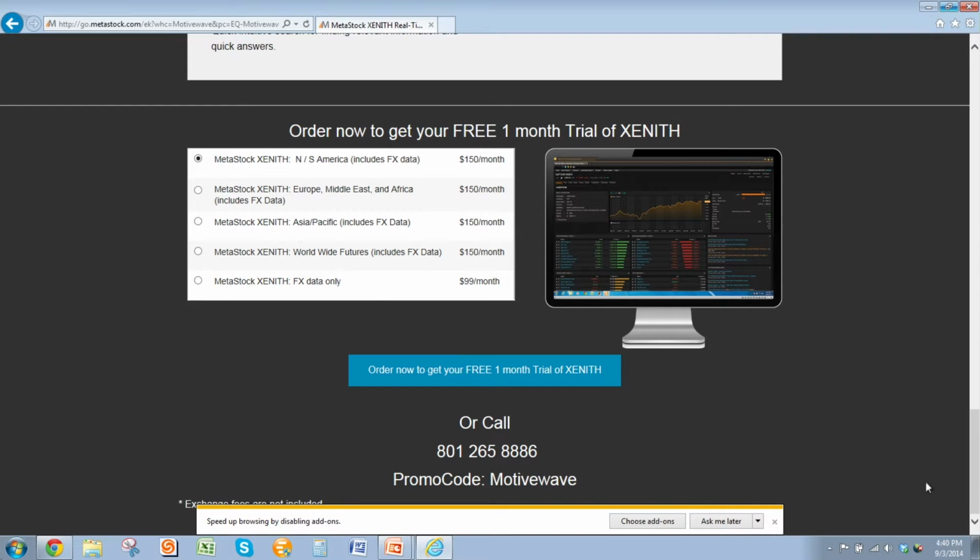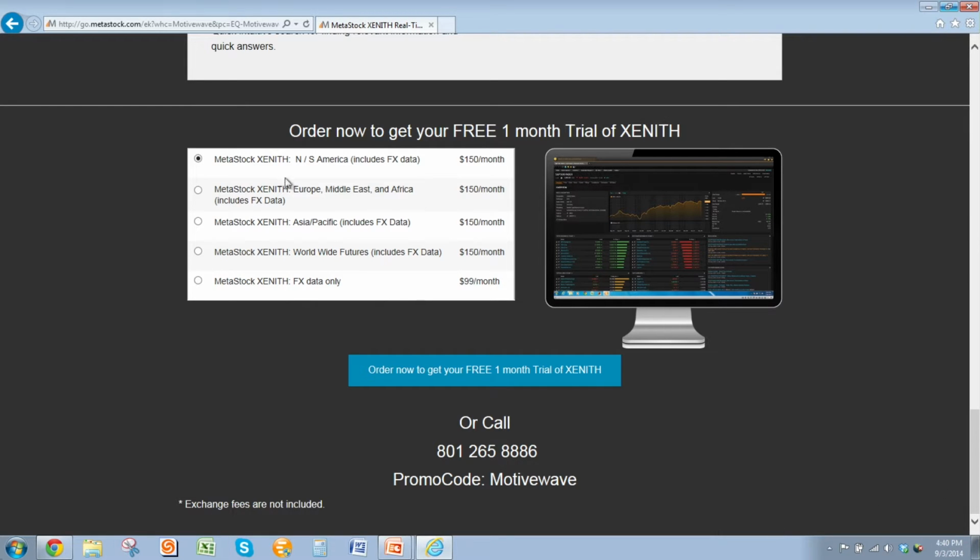And it's going to allow you to select between the regions that you're interested in. So for example, if I'm interested in North and South American stocks, I'm going to go ahead and select the first option, which is the North and South American package. All of our packages include FX data real time and a global 15-minute delay quote. So even if I sign up for North and South America and want to see what happened in Singapore overnight, I can go ahead and see that. Or I want to see how London opened in the morning, I could actually go in and see that without